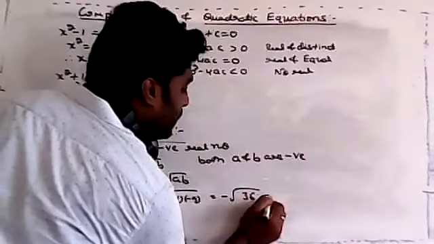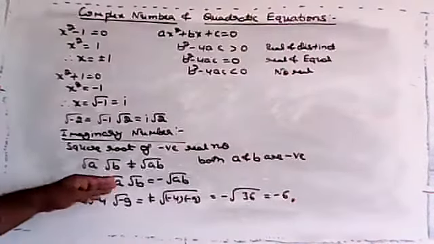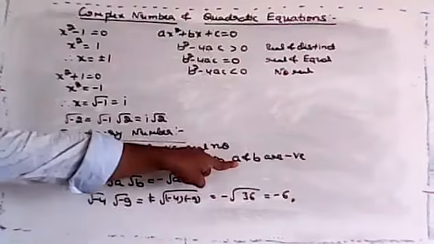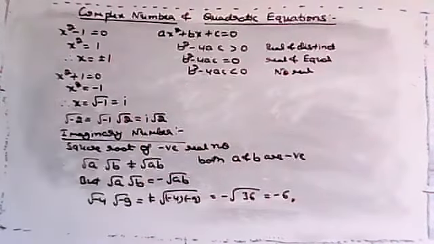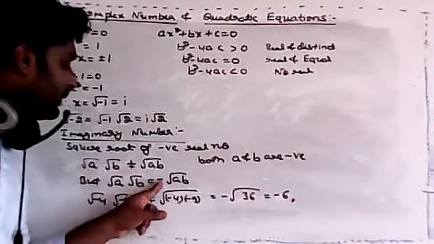36. The answer is minus 6. Okay, remember that one. When is it applicable? When both are negative. Clear this one? Shall I move on to the next concept? So remember, if both are negative, that time the value is